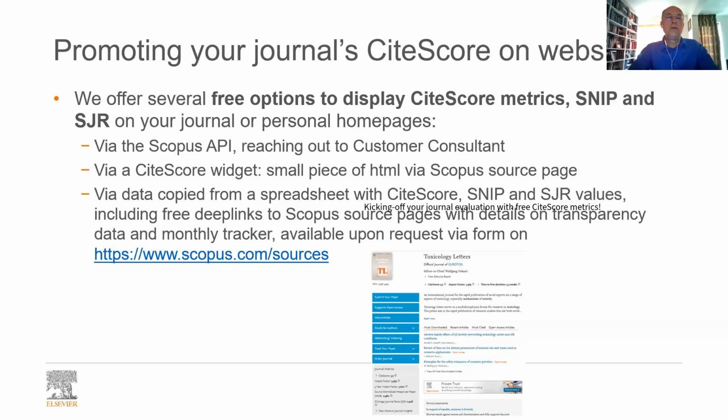We don't share it anymore freely on scopus.com/sources for a reason. We really saw some misuse going from there. We didn't really know who was using it. And we saw, for example, it appearing on different illegal websites where potentially also the data may have been changed. And that is something we'd like to avoid, obviously.